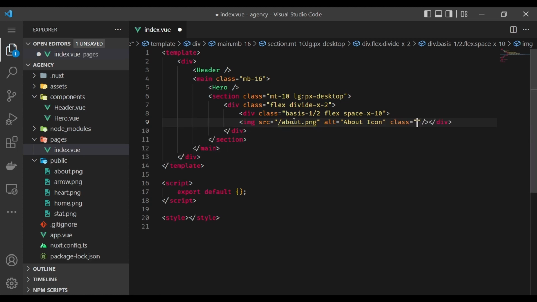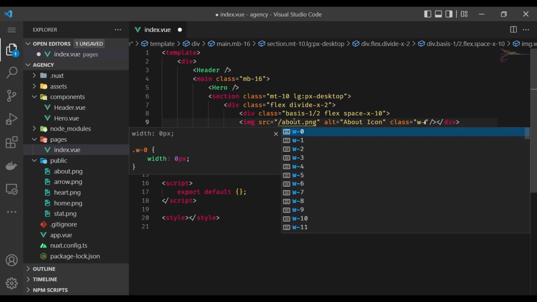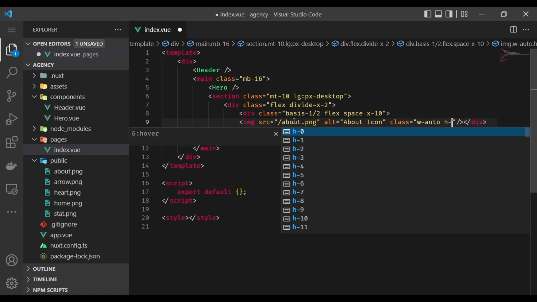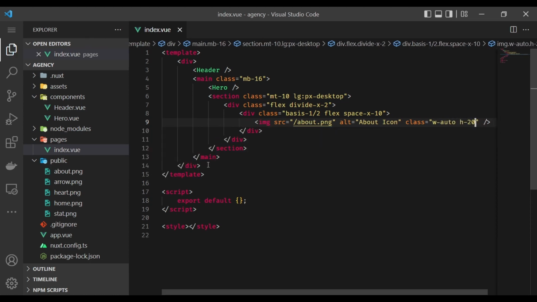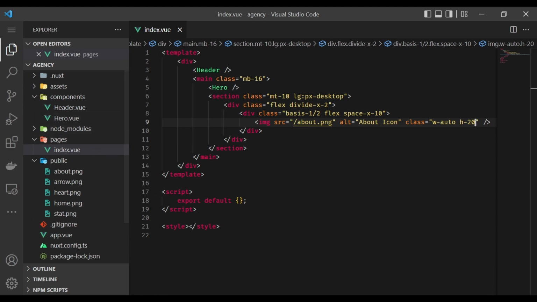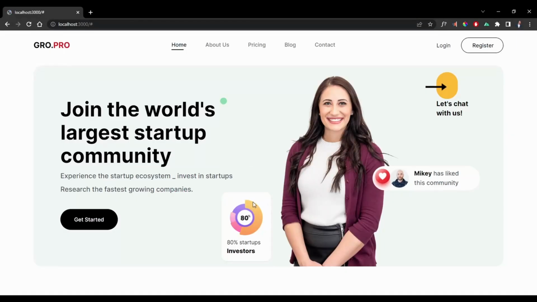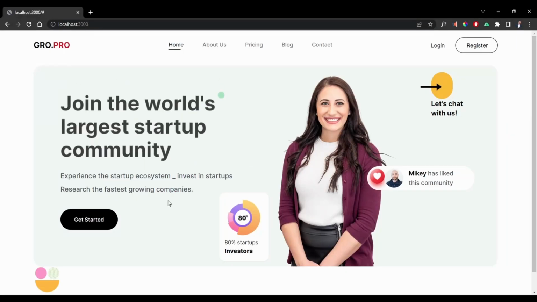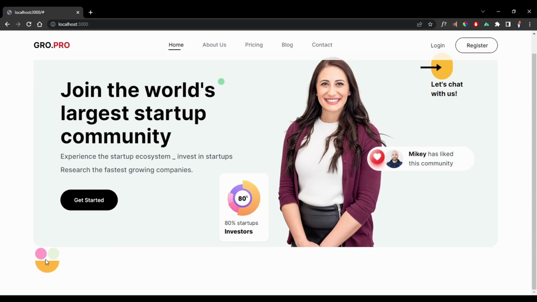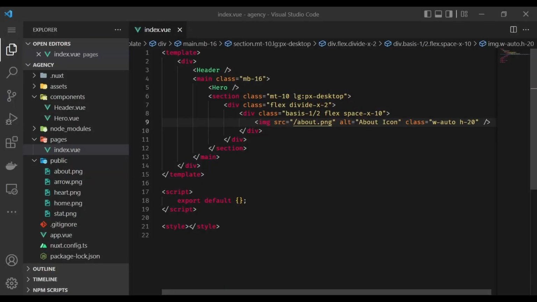And let's give it a class width auto and height 20. So let's just save that and see what it looks like. Refresh, and here it is. Here's our image. Good. So let's jump back to VS Code,